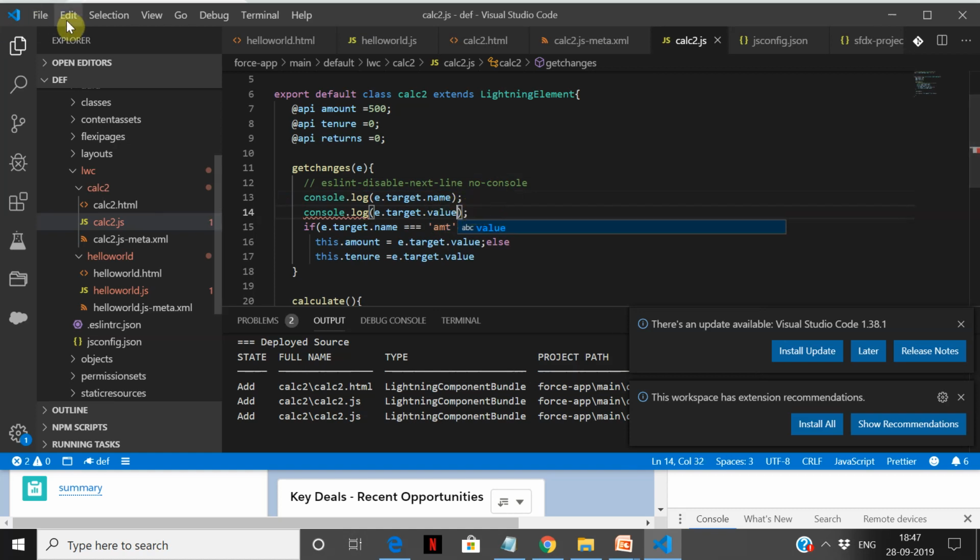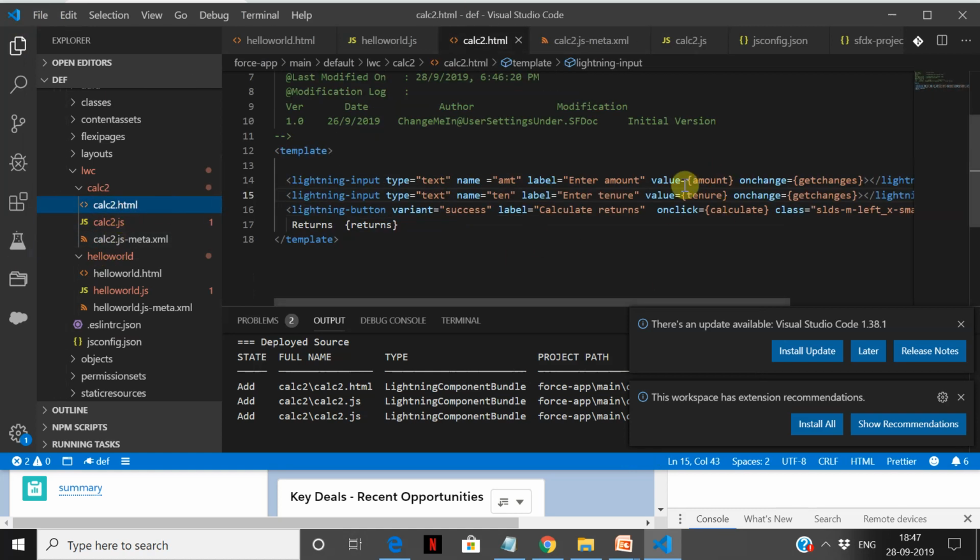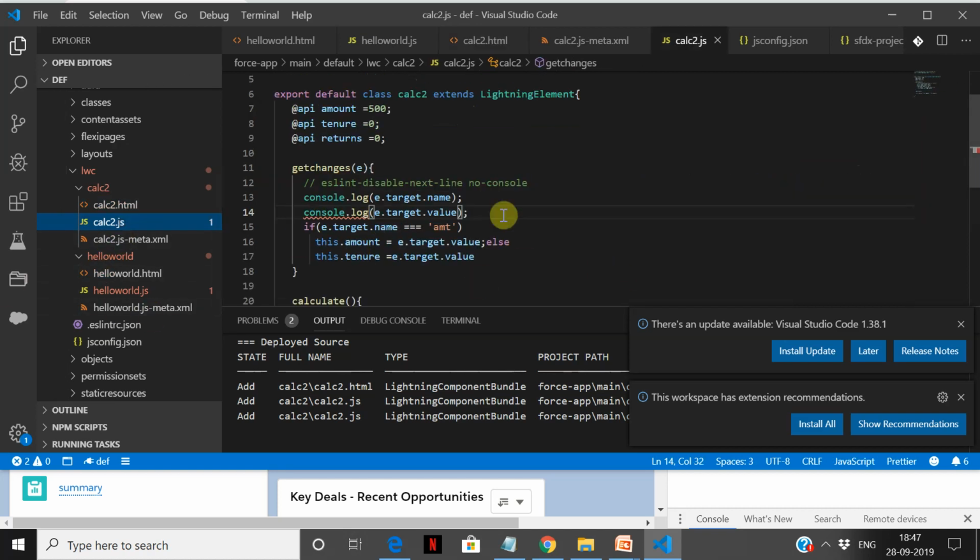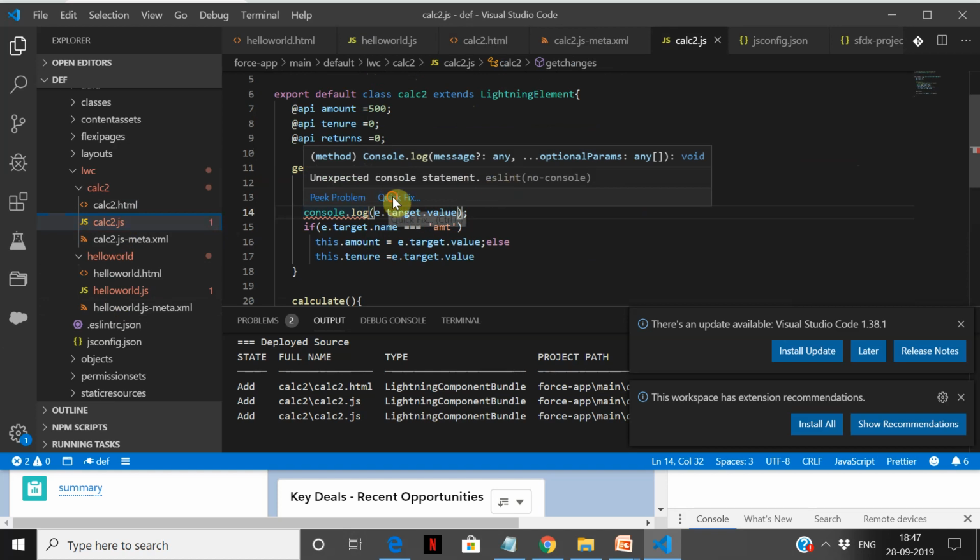So let us see that: e.target.name, e.target.value. e.target.name will return the tag name, and so you can compare it, and if it is amount you're going to put the value into amount, otherwise you're going to put the value into tenure. So this is how you bind it. It doesn't automatically bind it for you.